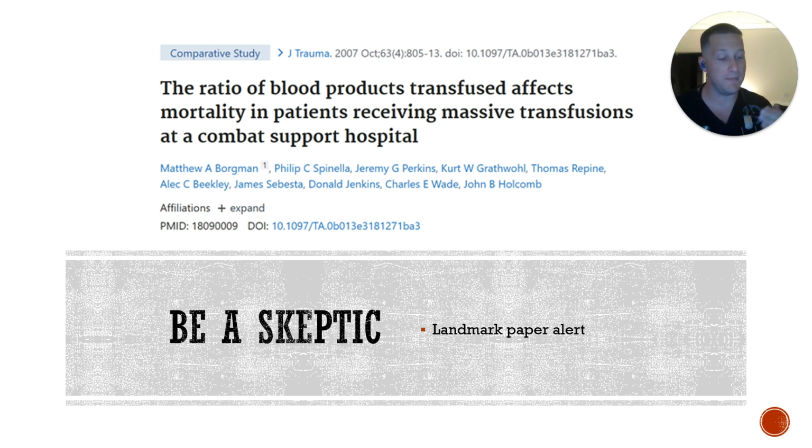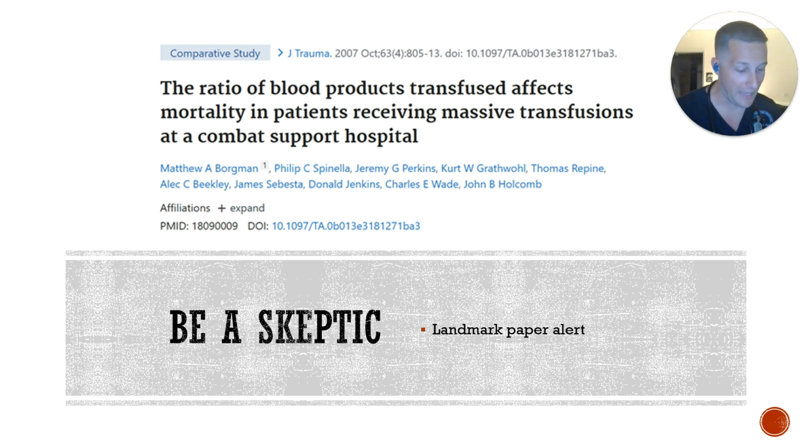The medium group, so 1 unit of plasma to every 2.5 units of PRBCs, their mortality, almost 30 points lower. Sorry, actually 31 points lower. It was 34%. Then the mortality of the high ratio, so the nearly 1-to-1 ratio of PRBCs to plasma, was 19%. So the difference between the low group at 65% down to 19%, massive difference